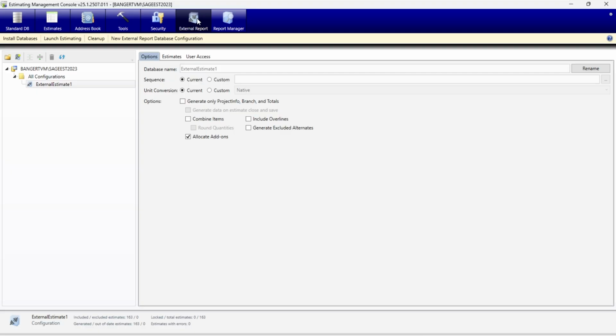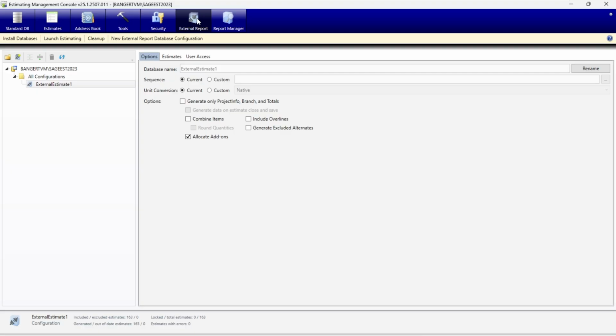So for an example, if I had $100 worth of materials in an estimate, and let's say you had $10 worth of sales tax, you could tell it to allocate add-ons. And that way in that estimate, maybe it would show as $110 instead of the $100. If you're tapping into the native views, the data's not stored with that allocated value on that line item. So you'd have to try to go back through and figure out how much to back allocate and all that good stuff, which is pretty challenging.